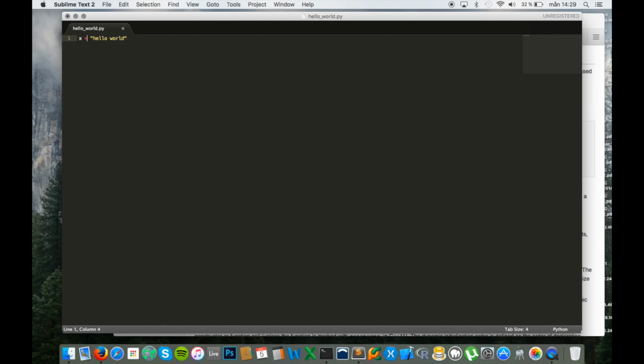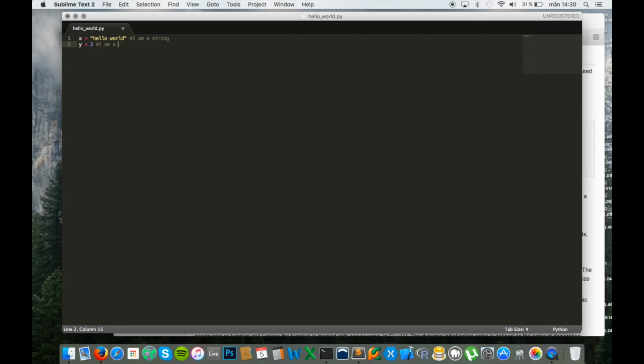x is equal to hello world, and yeah, this is how you comment in Python. You just write a hashtag or a sharp sign, depending on what kind of generation you belong to. I am a string, and we can do y is equal to 2.